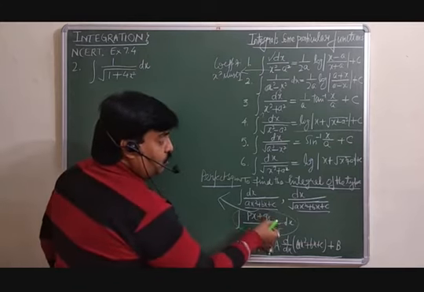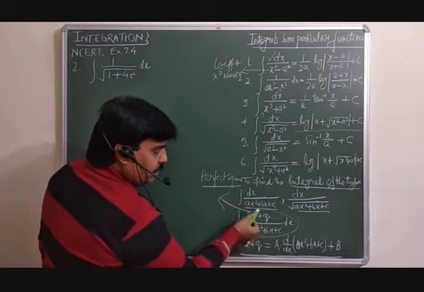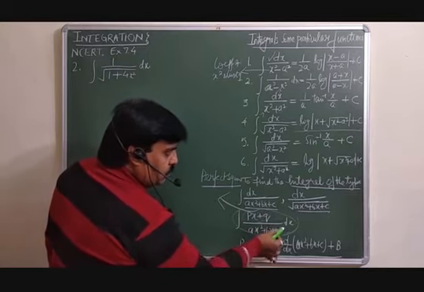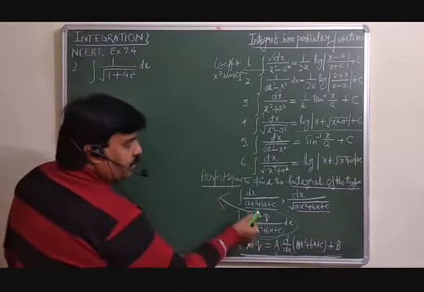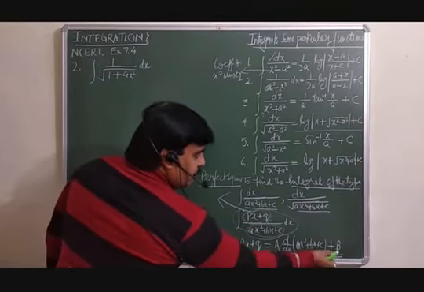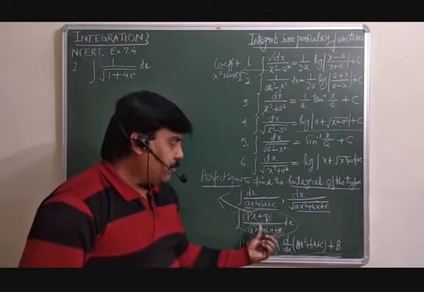Otherwise, to know what should be in the numerator, one of the ways is that whatever is given in the numerator is equal to a constant A into the derivative of the denominator, plus B. By using this you can find out the value of px plus q in place of this, that you can add here. So one of the parts will be the derivative of the denominator.